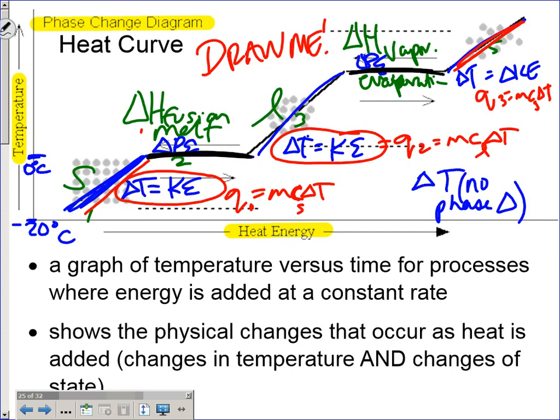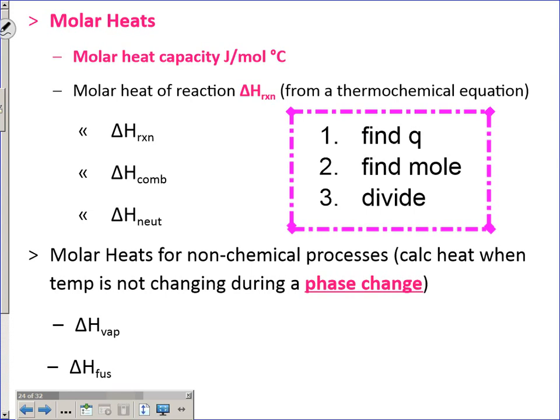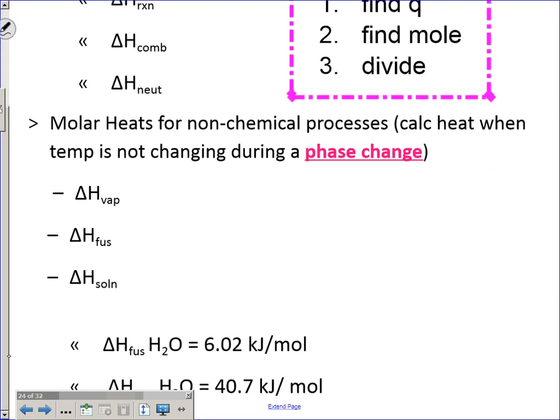What's the value for enthalpy of fusion? What's the value for enthalpy of vaporization? Those actually have numbers, and I just skipped them for a minute because I wanted to show you this part first. So these are the ones we'll utilize probably most frequently. ΔH_vap, ΔH_fus, and ΔH of solution. These are not chemical reactions, right? These are all phase changes? Yes? So these actually have values and they are dependent upon the compound you're talking about, but